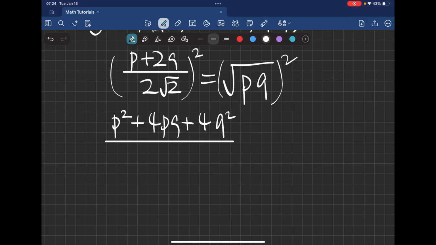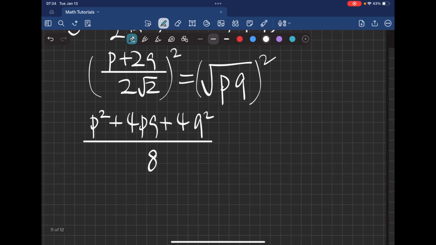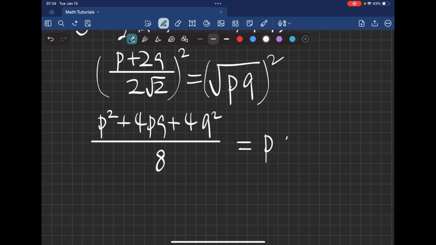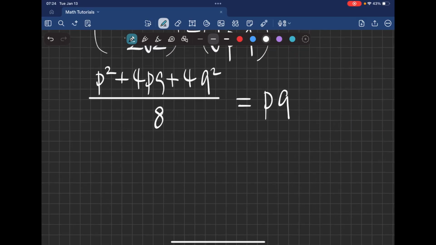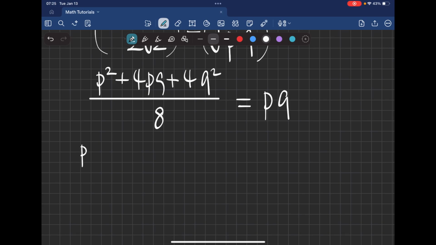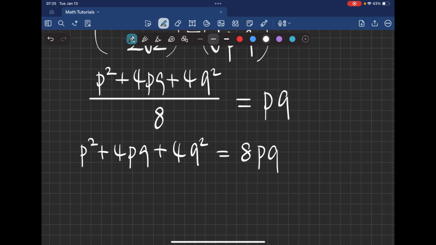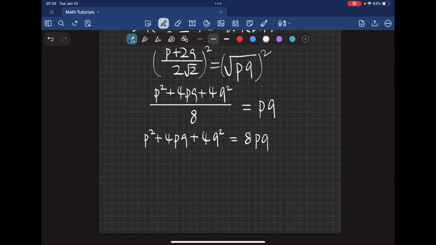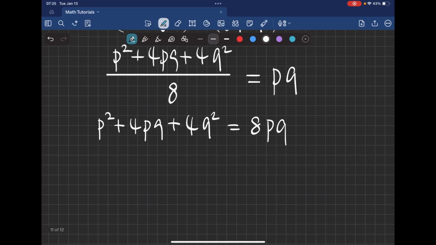That will be 8 on the denominator. That is just PQ. So just copy the things in the numerator. And then that equals 8 PQ if you multiply both sides by 8. And then you can simplify this by subtracting 8 PQ from both sides, and that is this,